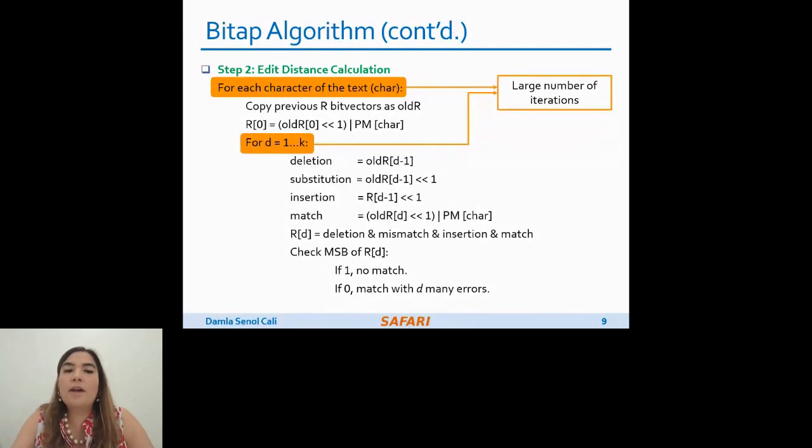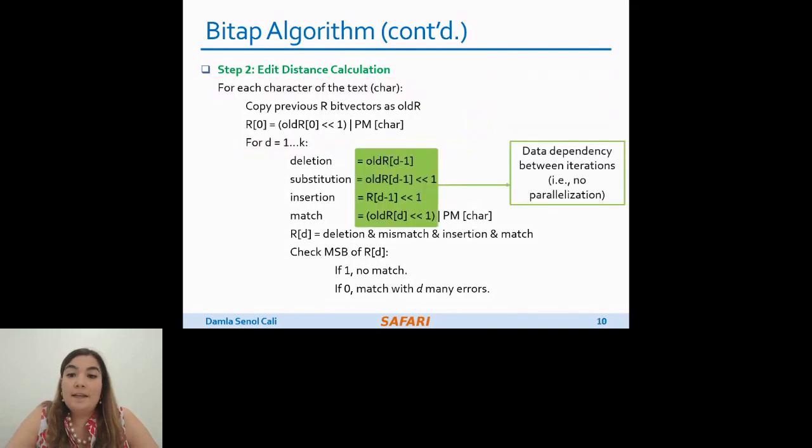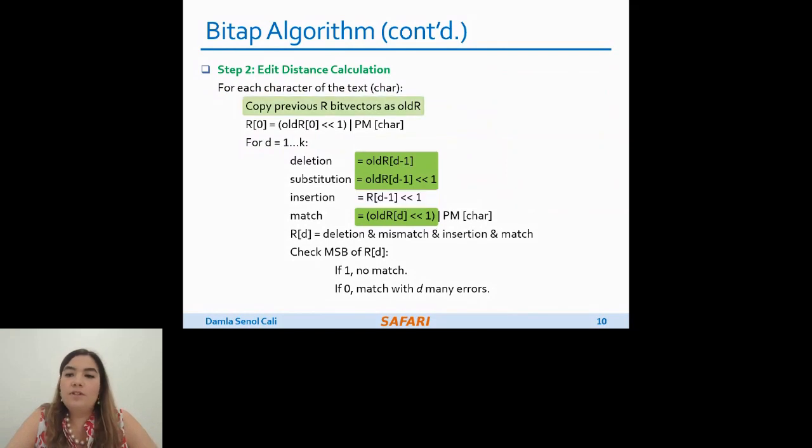So when we have long error-prone reads, both of these loops need to iterate over very large numbers. And second, there is two-level data dependency in BiTAP. First, there's an outer loop data dependency when computing deletion, substitution, and match bit vectors, as they require old R bit vectors, which are coming from previous text iteration. Also, there's an inner loop data dependency when computing insertion bit vector, as it requires RD-1, which is coming from